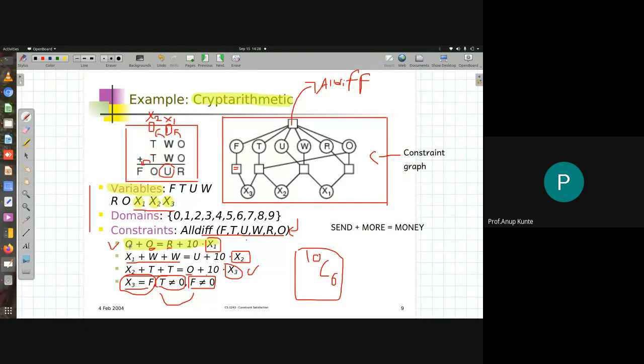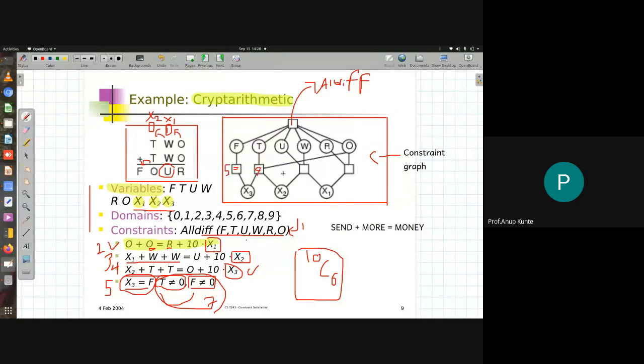So if I'm numbering the constraints, I number this as 1, this is 2, this is 3, 4, and this one as 5. Actually there are 7 constraints, 2 of them are unary, and the rest of the 5 are either binary or involving more than 2 variables, or n-ary I should say. So this is a binary constraint, and this is a 4 variable constraint or n-ary constraint with n as 4. This is my constraint number 4, and this is constraint number 5.